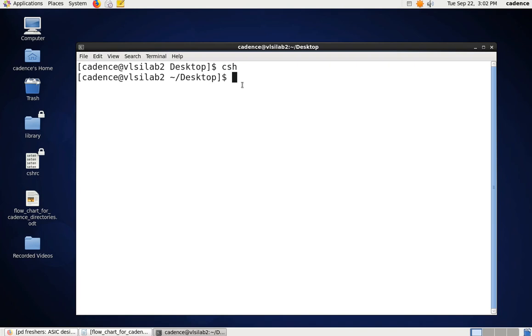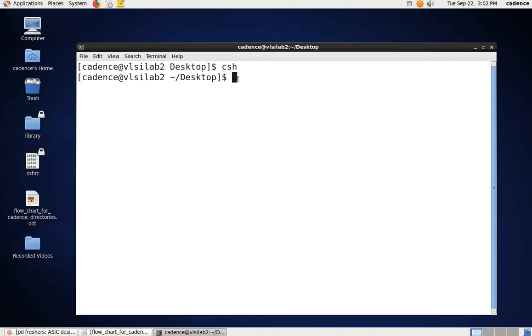Since the default will be bash shell, in order to support the Cadence tool on the OS you have to invoke C shell. Here all the files and variables are written for C shell, which will support the Cadence tool. So basically C shell acts as a bridge between the application and the kernel.